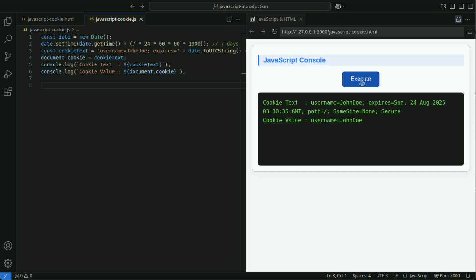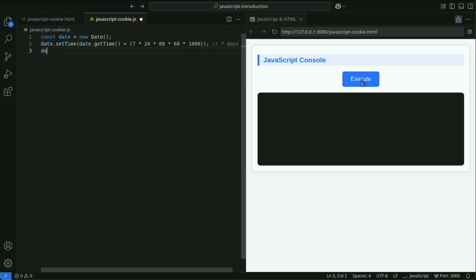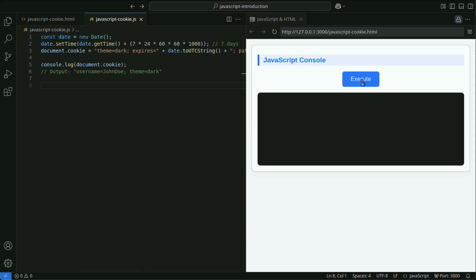You can retrieve all cookies as a string with document.cookie. The return value of document.cookie is a single string in which all cookies are concatenated in the key equals value format.